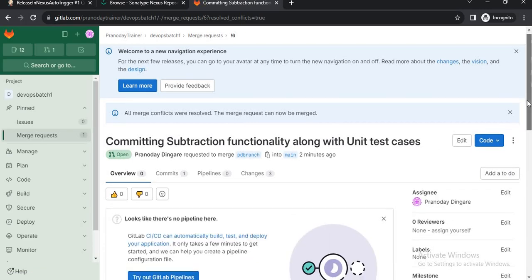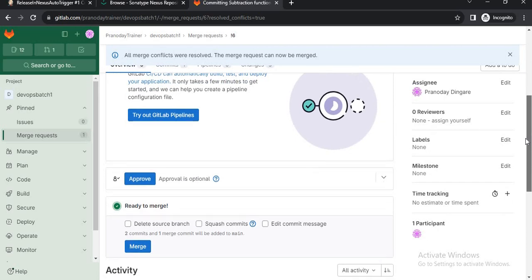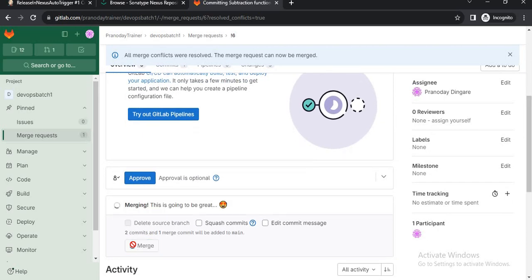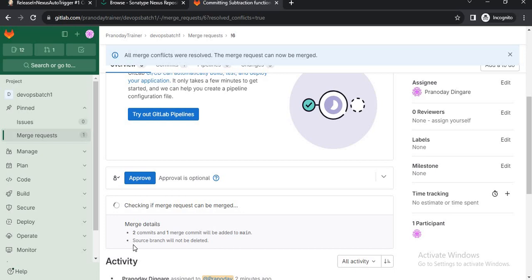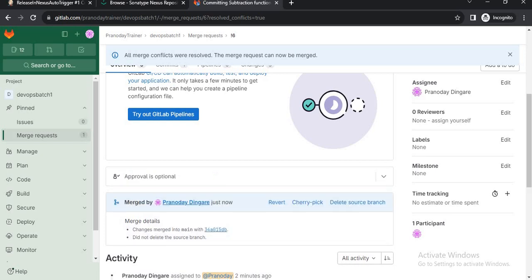Correct. Now let's scroll down, and now we can merge. Now there is no conflict, so let's merge it. So we have merged now.